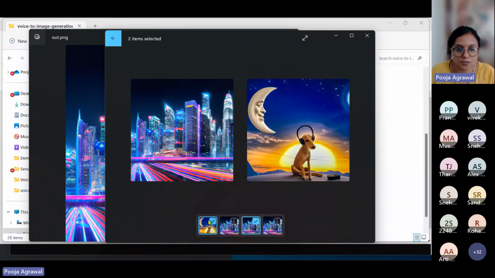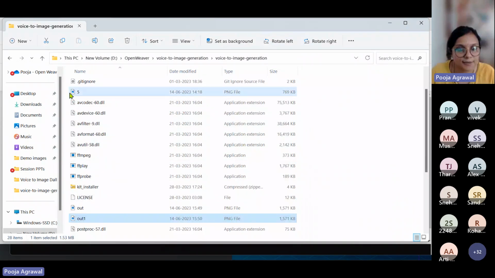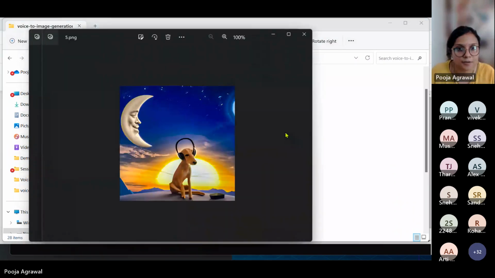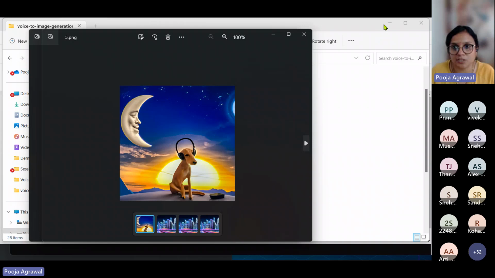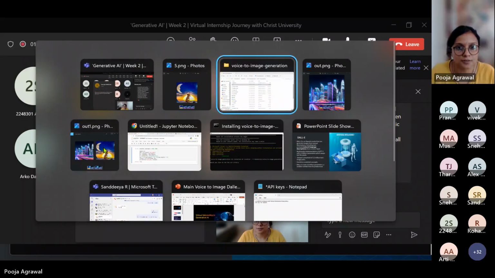Maybe I'll pick this one, which I generated as a high resolution image. What is this image? I already have it, I guess. 5.png. Let me also showcase an attempt with this one.